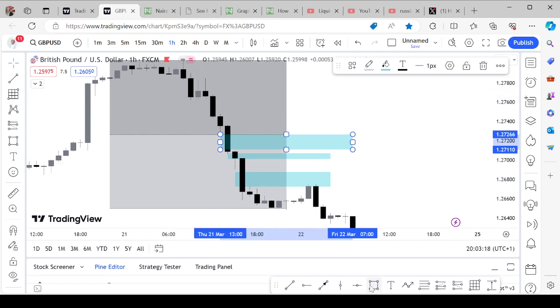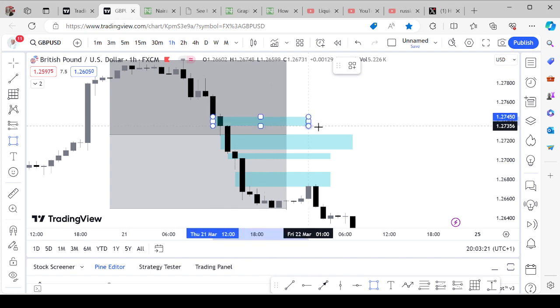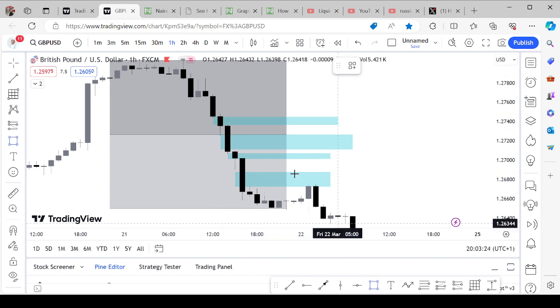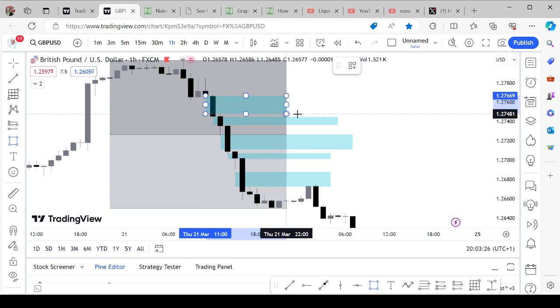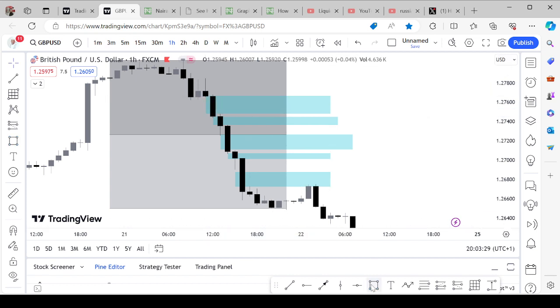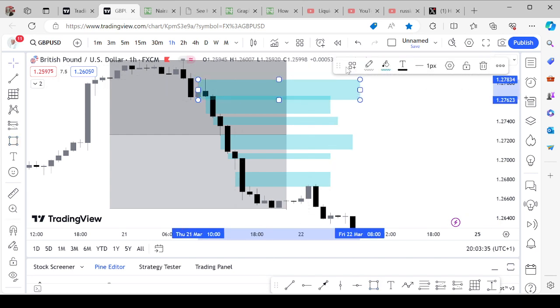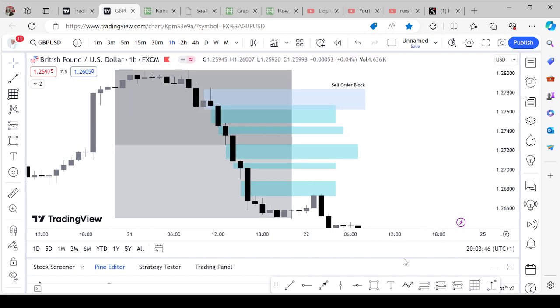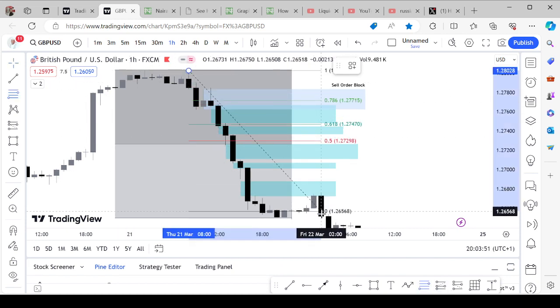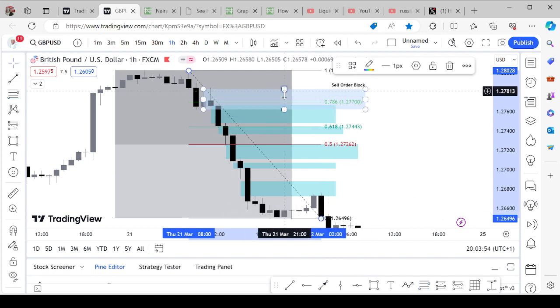Now look, this is another fair value gap. This is another fair value gap. If you look at this place, this is another fair value gap. Now look at this, this is another block, and this kind of order block is very strong. If you see an order block like this, it is always very strong. They always reject price. Now if you take your Fibonacci level and take your price from this high to this low, you can see ICT's ultimate entry, this 0.78, is aligned properly with